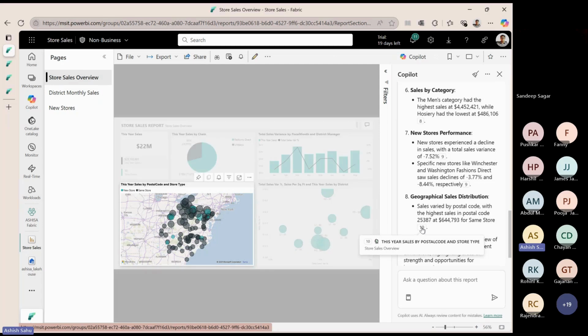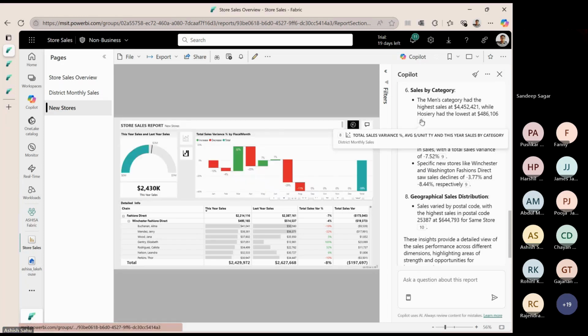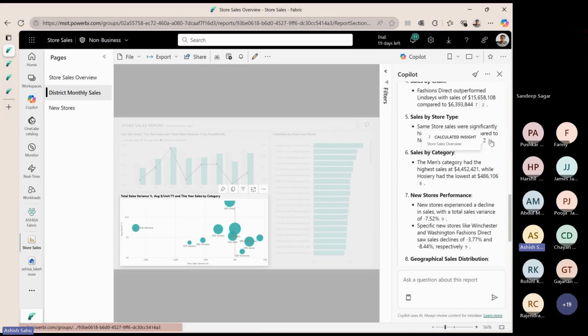So in this case, if I click on this, this is the visual that it is actually sourcing the data from. This data is coming from this page and this particular visual, and the sales variance is coming from here. Now this one is a calculated insight. If you take a look at this number 8, it gives me a name, total sales variance visual. If I click on this, it gives me detailed info which is coming from the new store page, but this one